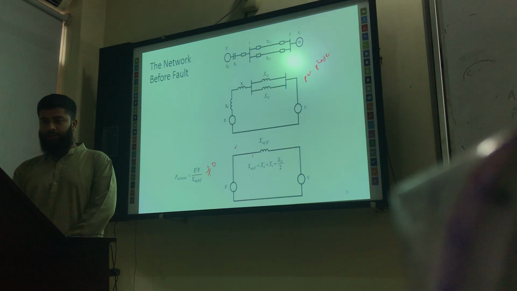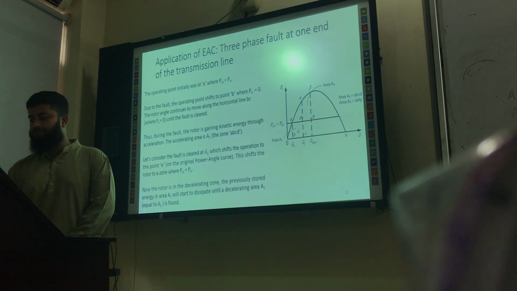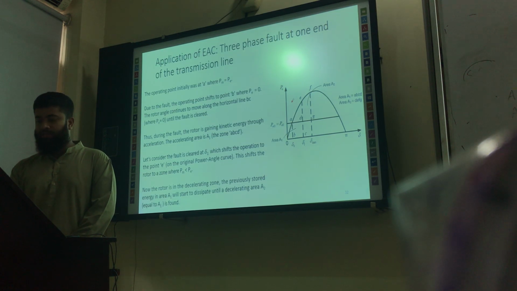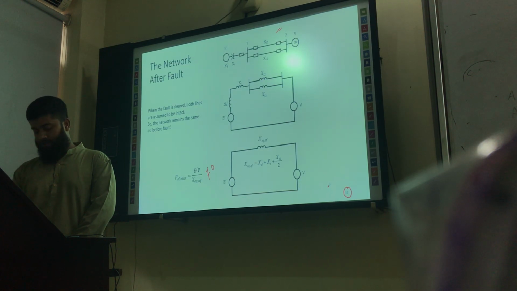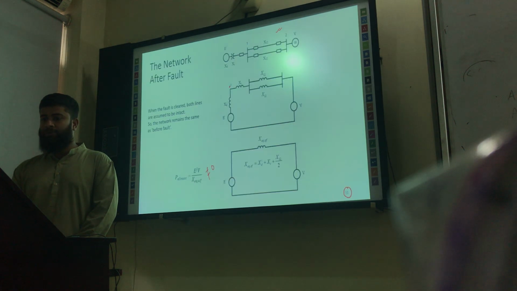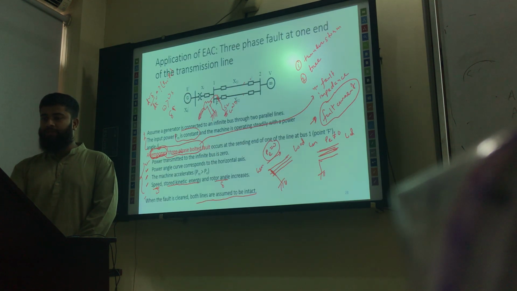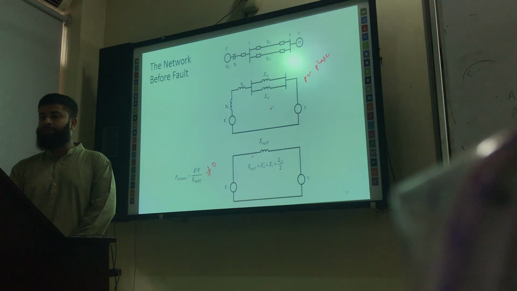Now with these three scenarios, we will plot the power angle curve for this case. And this thing we will discuss in the next class. We can conclude here, slide number 31. In tomorrow's class, we will start from here. But you have to remember that we are discussing this case, right? The three-phase fault at one end of the transmission line. And we have three scenarios: the before fault,